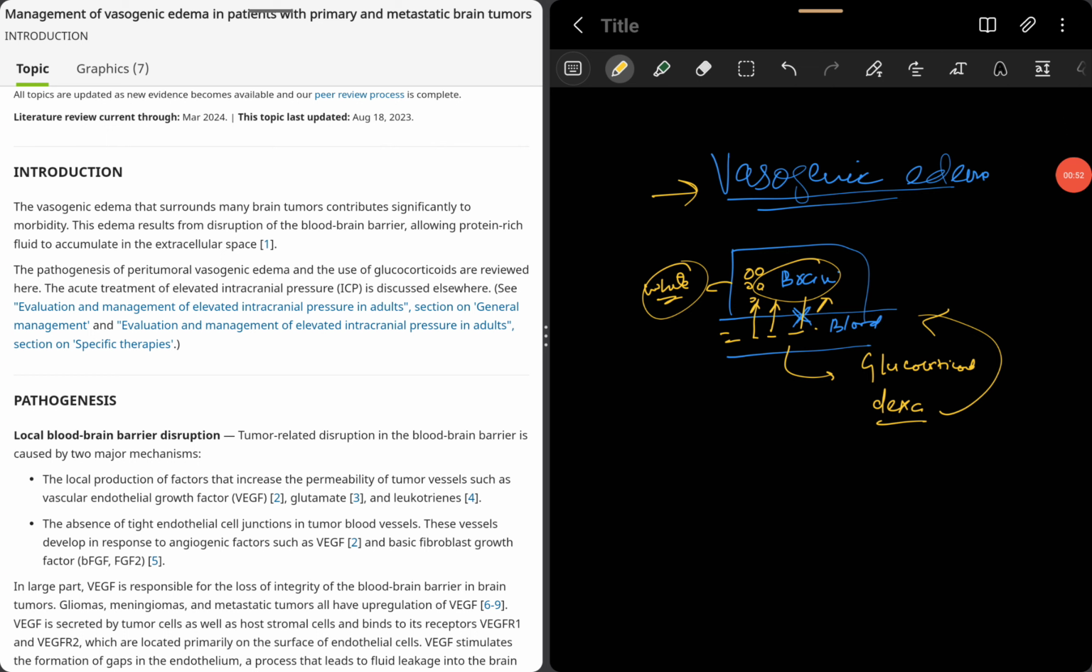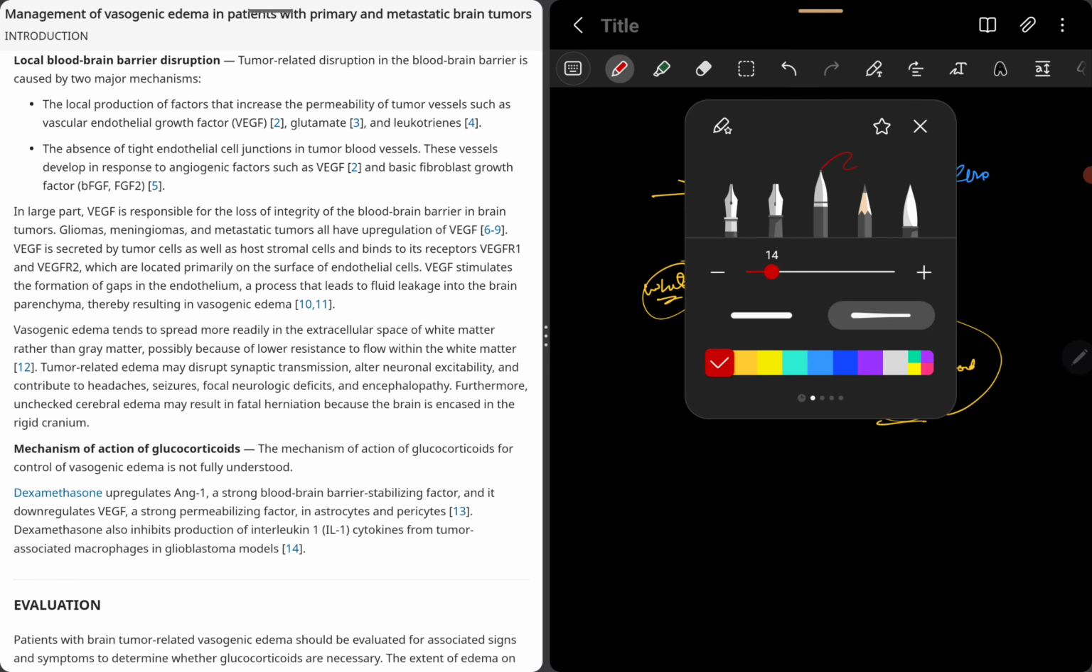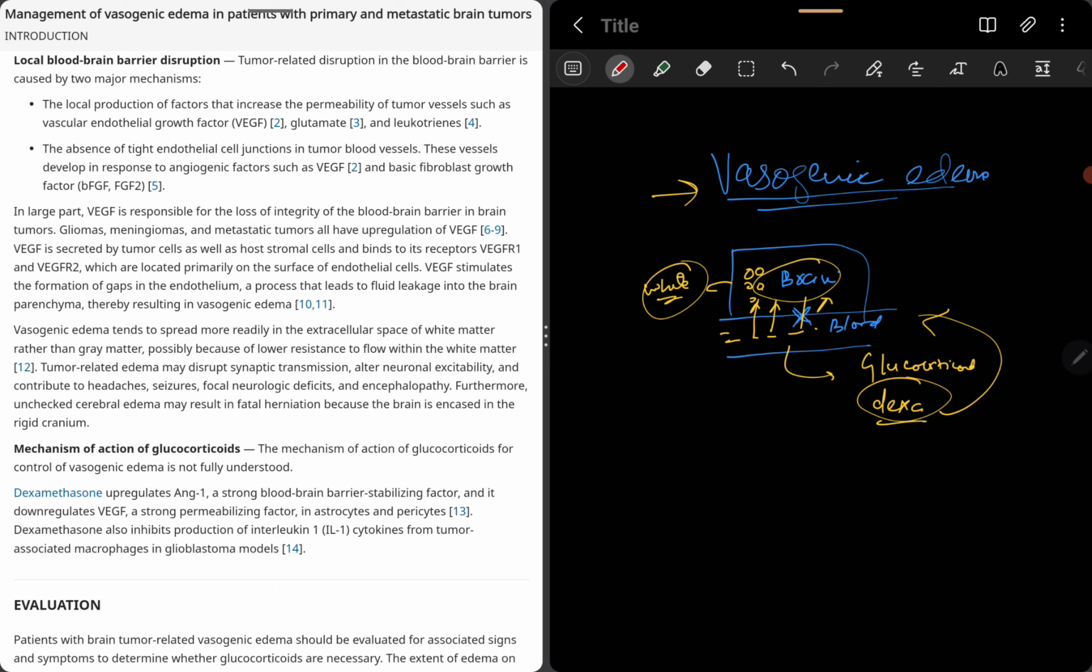morbidity, because if we allow it to accumulate in that region, then it can cause brain herniation as well. Now the question is, we use dexamethasone, and how does it prevent vasogenic edema from forming? The reason is, there is formation of vascular endothelial growth factor, and this is increased within the tumor, and this VEGF, also other things like glutamate, leukotrienes,